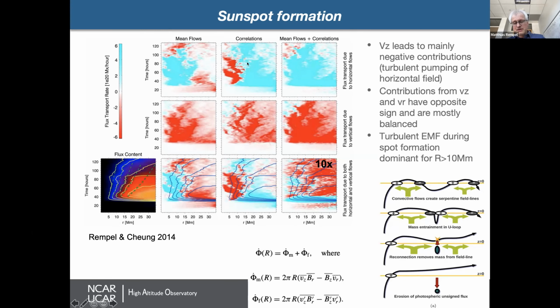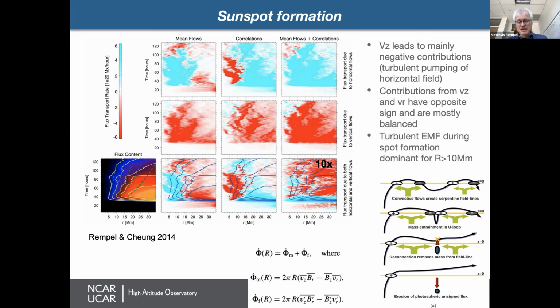This is what you see up here, and then you see the submergence of the U-loop, which is the negative contribution, which shows up in the vertical flows. So the takeaway is, if you want to study how these surface flows lead to flux concentrations in spots and decay, you really have to look at all components. If you, for example, just look at the radial transport of vertical field, you miss most of the thing which